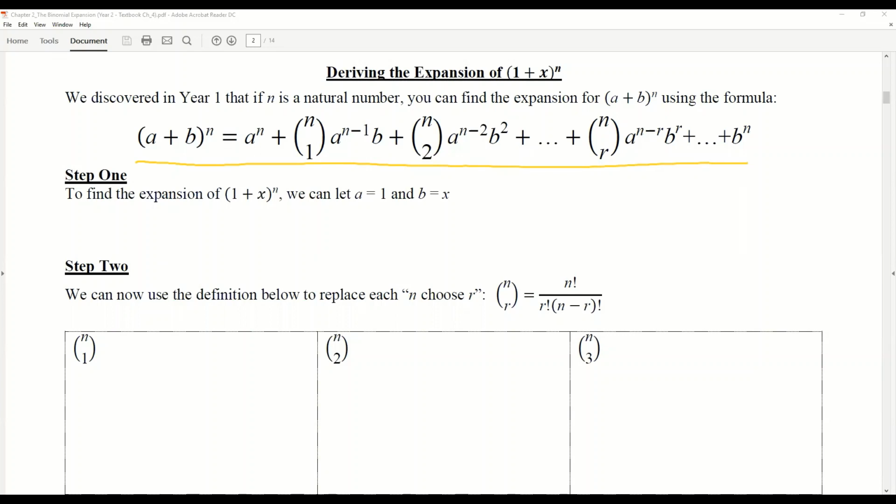So rather than using this rather complex looking a plus b to the power n, we're going to substitute a equals 1, and then b is going to be x. So could you just pause the video, please, and substitute in a equals 1 and b equals x, and then write